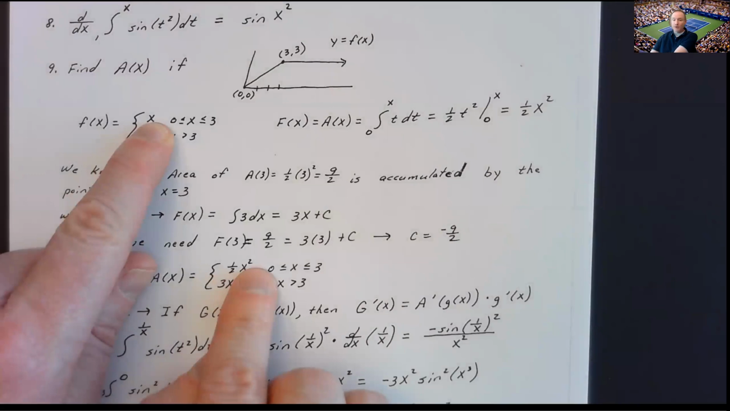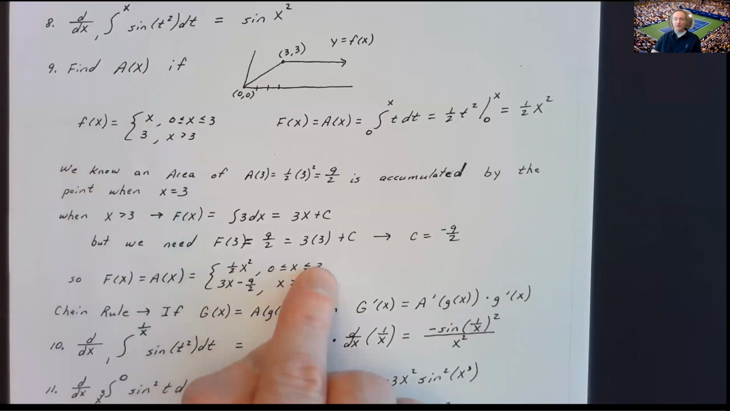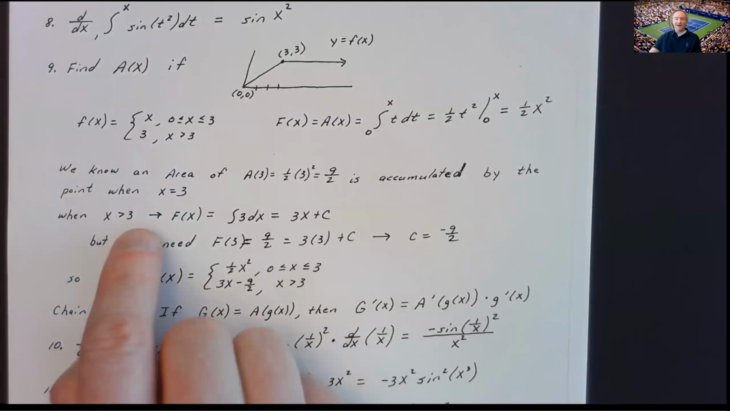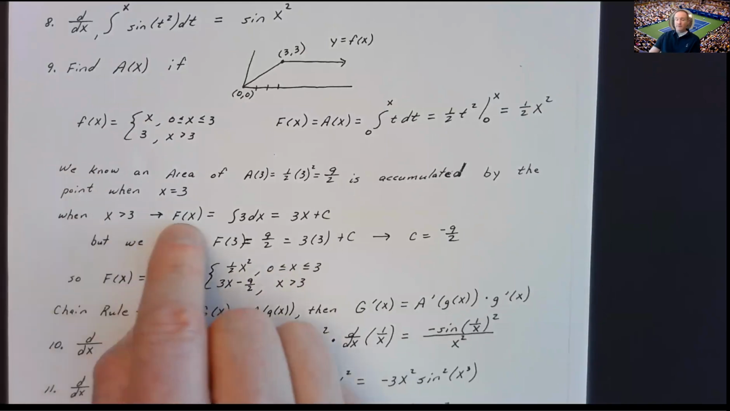I didn't have to worry about any constant of integration. So I just said it's 1/2 x squared from 0 to 3. That's going to exactly find the area for any value of x between 0 and 3. But now after 3, I said when x is greater than 3, the antiderivative of this function is just